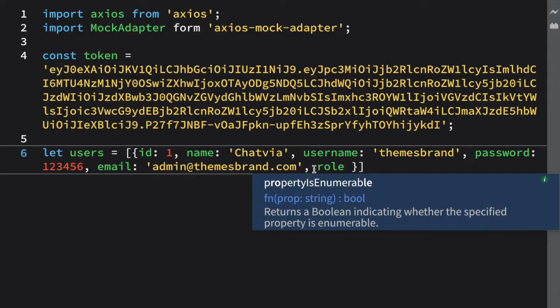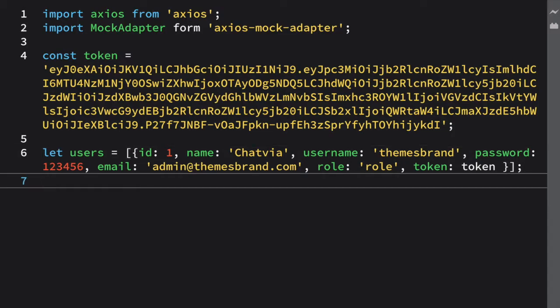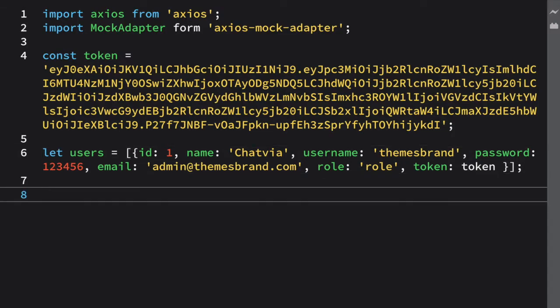And friends, you also need to mention some role for every user. So here I am giving the role as just role. Okay, because this person can be admin or just a simple user, so that is the purpose of defining role. Okay, and here because it's just for testing, I'm giving it just a role as a role. Don't worry about it right now. And I'm giving it token as its default token, which I have specified here. Okay, you can see. And friends, after this just end this like it. Okay, and we have just defined our user.